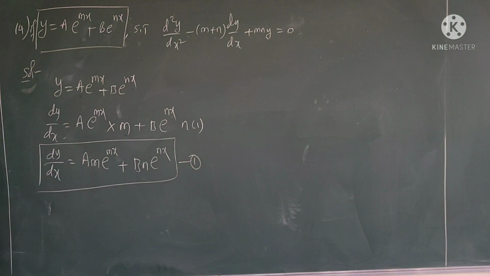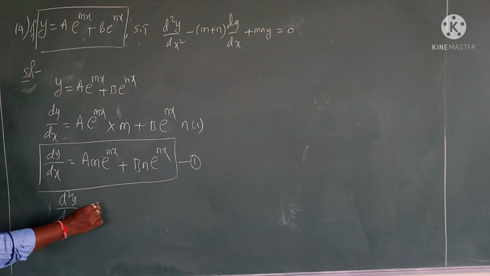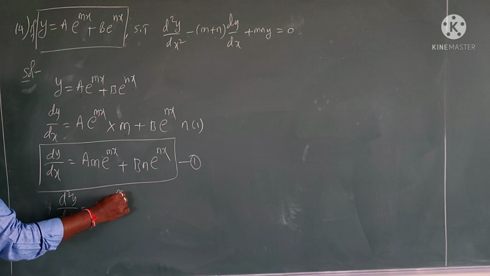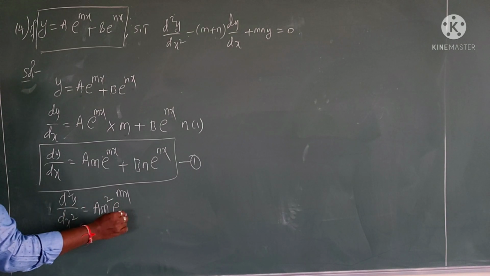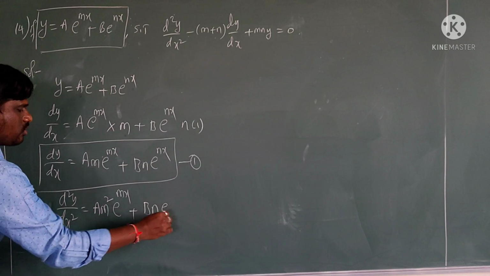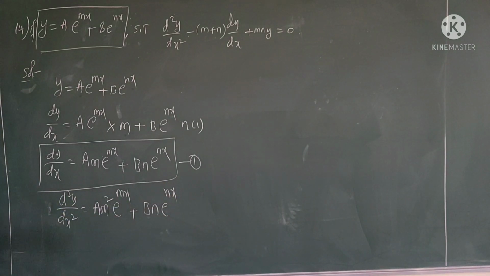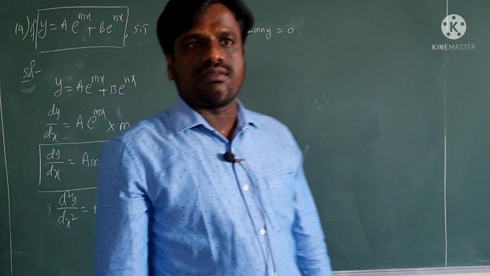We are going to do double differentiation. Listen carefully. d2y by dx square is equal to, what can we write? Here am is the constant, e to the power of mx. Differentiation of mx is what? M. That m into this m will give M square. Can I write directly? Yes, sir. Okay, m square plus bn into e to the power of nx. Nx differentiation is n, n will multiply. What I get here? N square. So d2y by dx square I got.